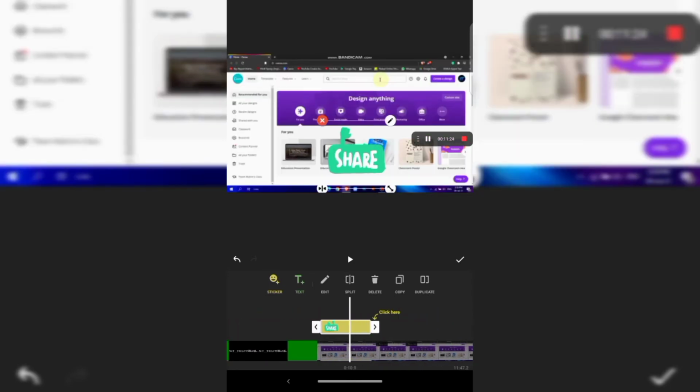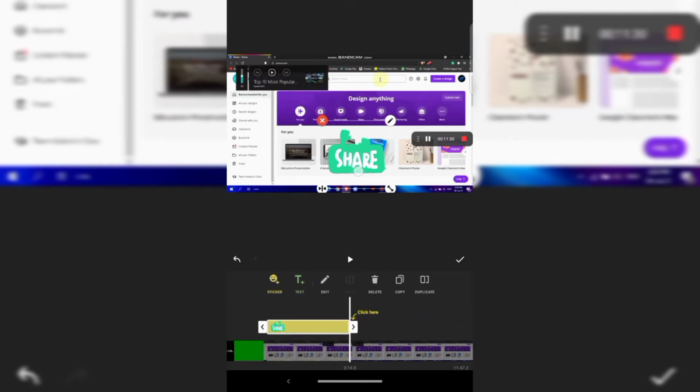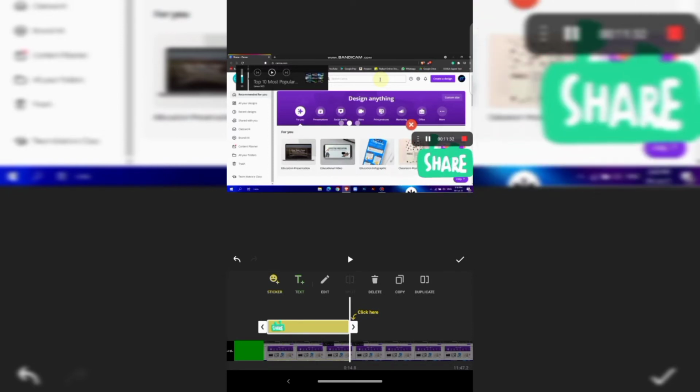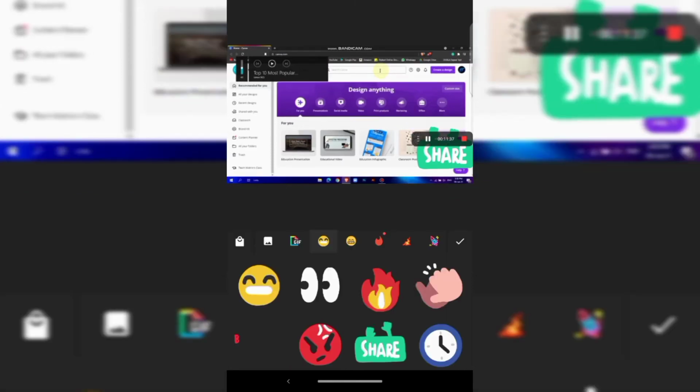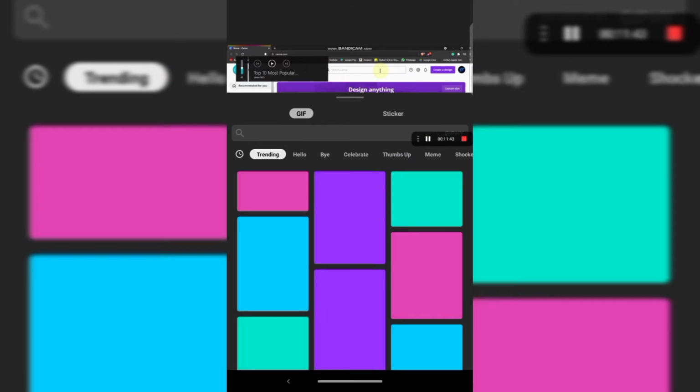Alright, so here you can place the sticker's timing, so you can set to which time till which time the sticker should be there. Alright, so there are many stickers and many tags here, and you can even add GIFs here.